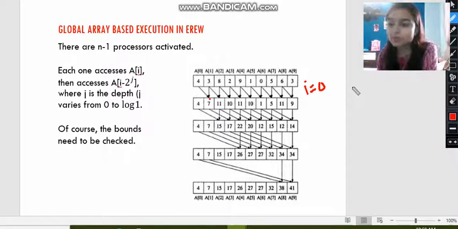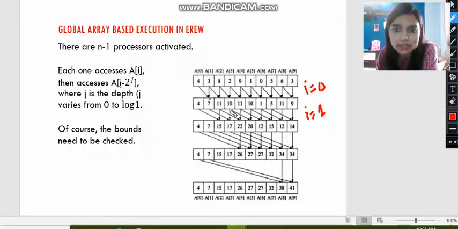Let's see, I have taken i equal to 0. Okay, now when i equal to 1, what will we do? We will add a0 and a2 and we will store the value at a2. Then we will add the values of a1 and a3 and store the value at a3. Again we will do the same: then we will add a2 and a4 and store the value at a4.